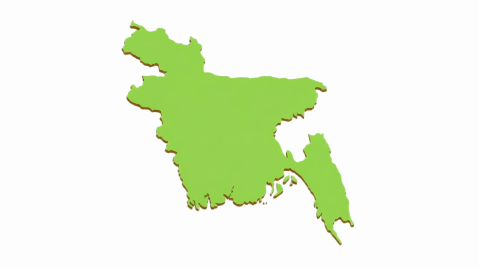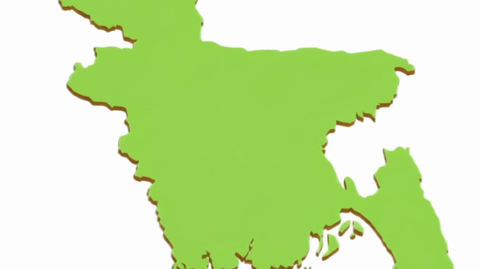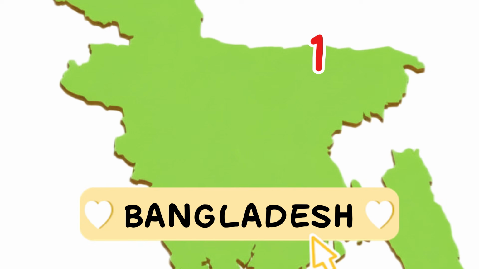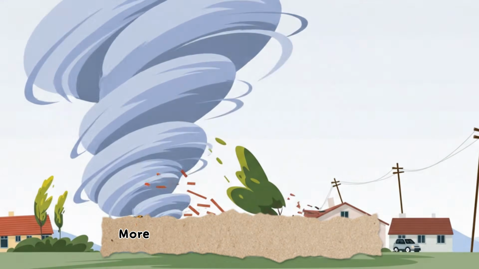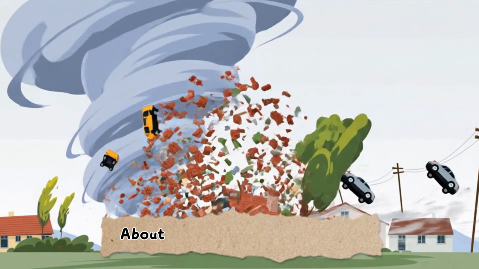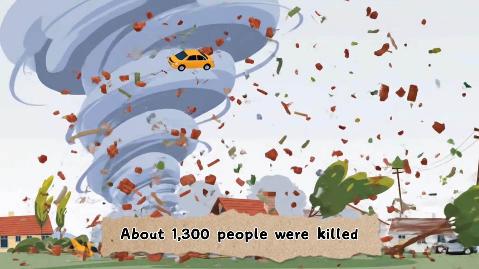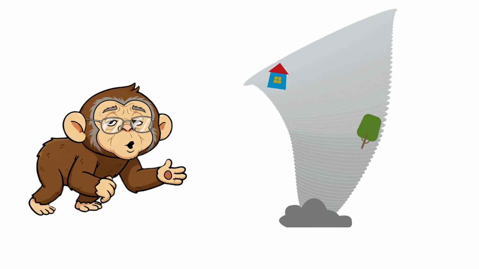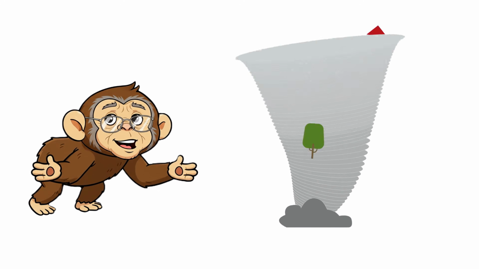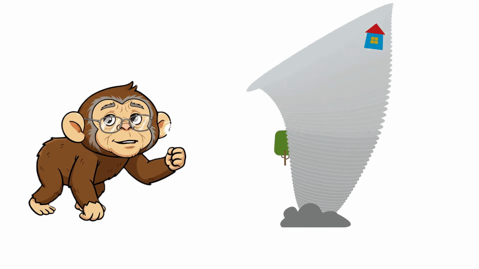In addition, the most dangerous tornado ever recorded occurred in Bangladesh in 1989. When it passed through the Dhaka region of that country, more than 20 villages were destroyed, and about 1,100 people lost their lives. Remember, our friends, tornadoes are nature's way of expressing its anger, and there is nothing we can